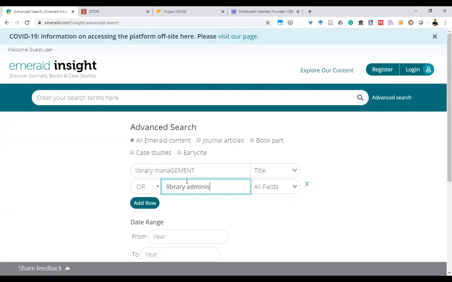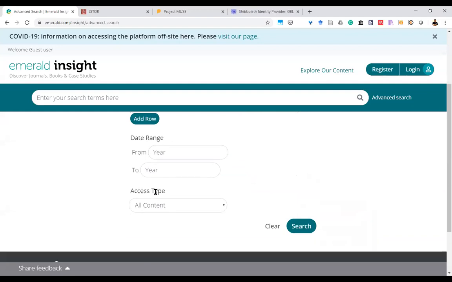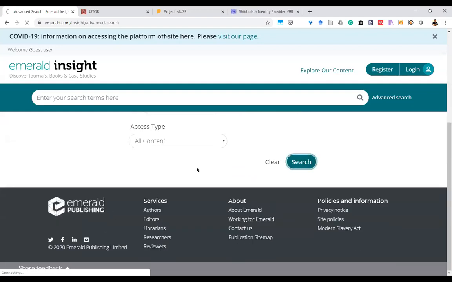So I can use library administration also, so that the documents which have used library administration in their title must also be retrieved. Similarly, I can go on and add rows, specify the date range and access type, and then click on search.